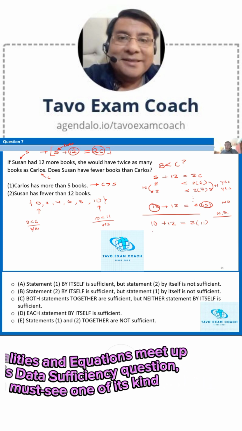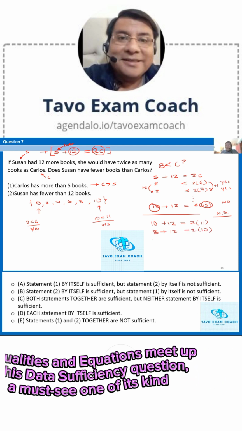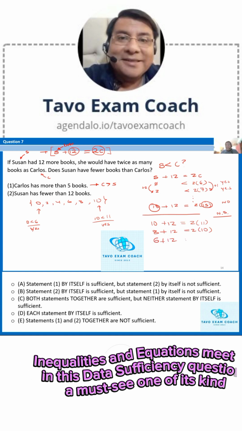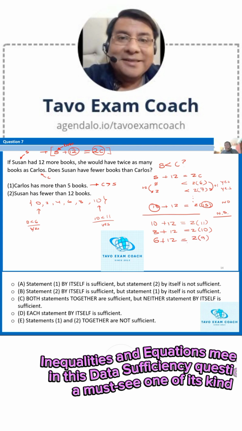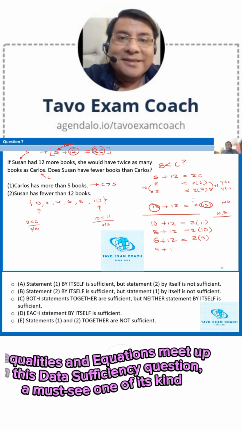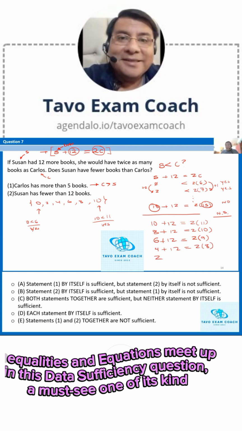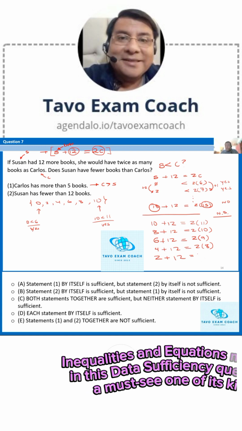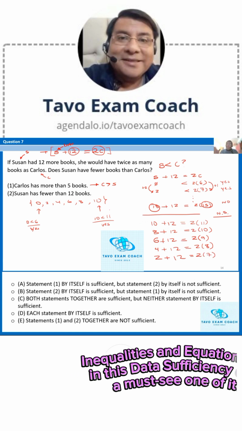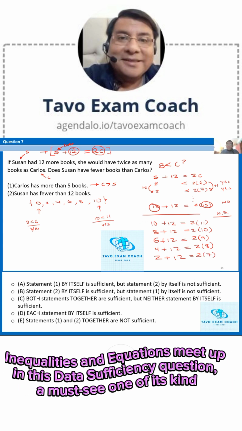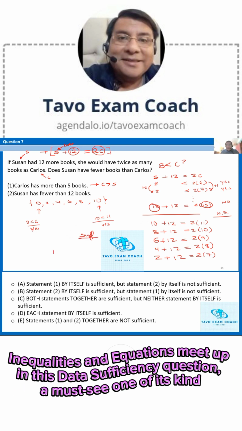Now take a look. When Susan has 8, 8 plus 12 is 20, so 2 times 10. 8 is less than 10. When Susan has 6, 6 plus 12 is 18, so this should be 2 times 9. 6 is less than 9. And 4 plus 12 is 16. 4 is less than 8. And finally, 2 plus 12 is 14, so this should be 7. In all cases, Susan's books is less than Carlos or fewer than Carlos. So statement 2 alone is sufficient. Right? Answer choice